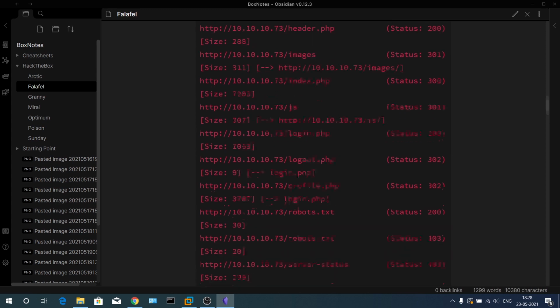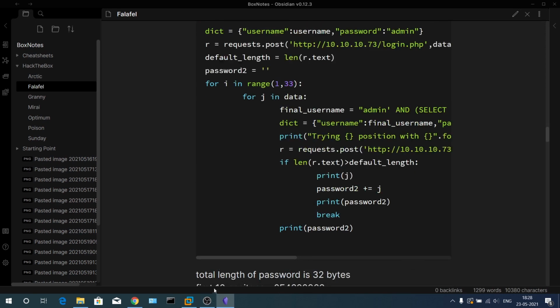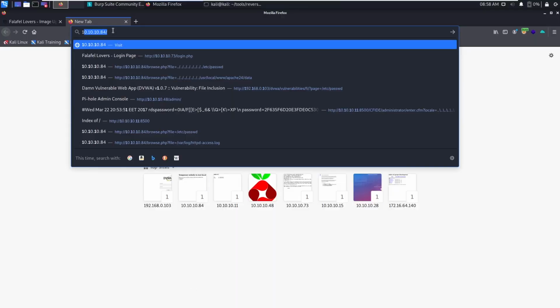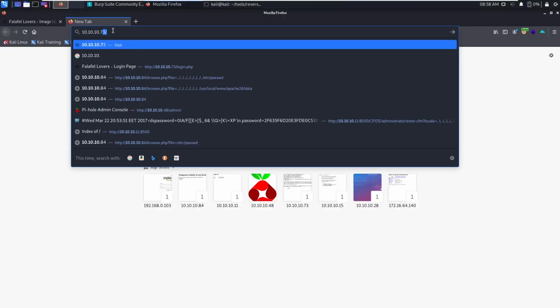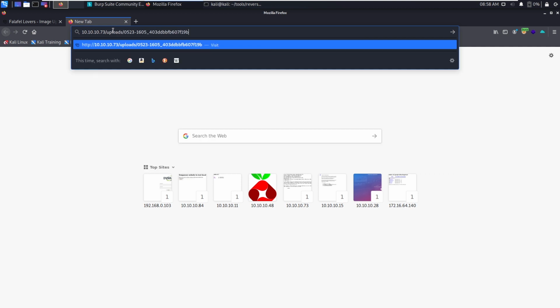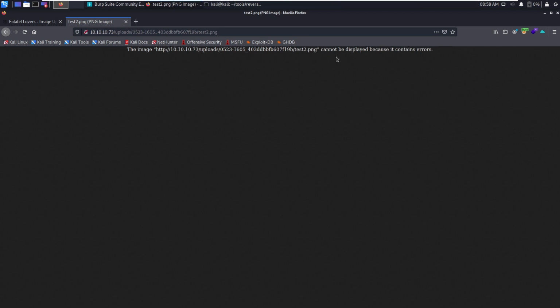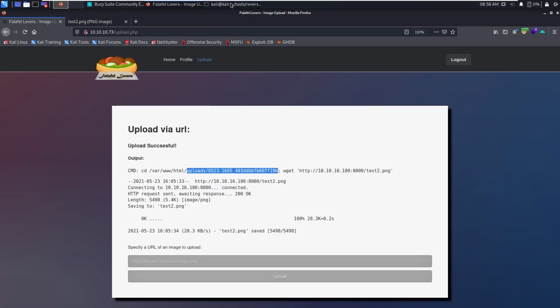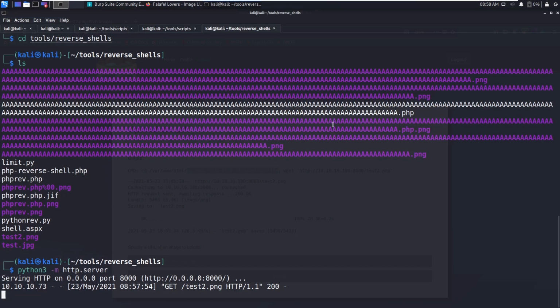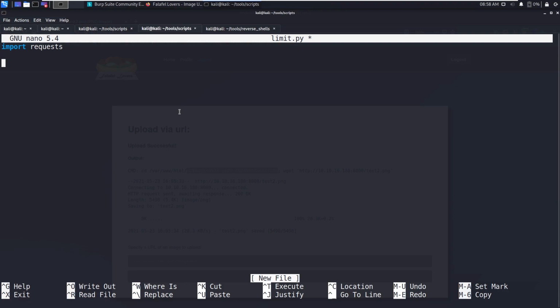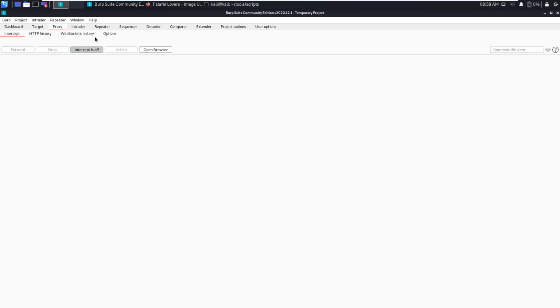So the files are going into that uploads folder. Uploads and test2.png. So it says image cannot be displayed because it contains errors. You can see there is a no limits, so that means we need to overflow the file name, or we don't know. Let's try this out.